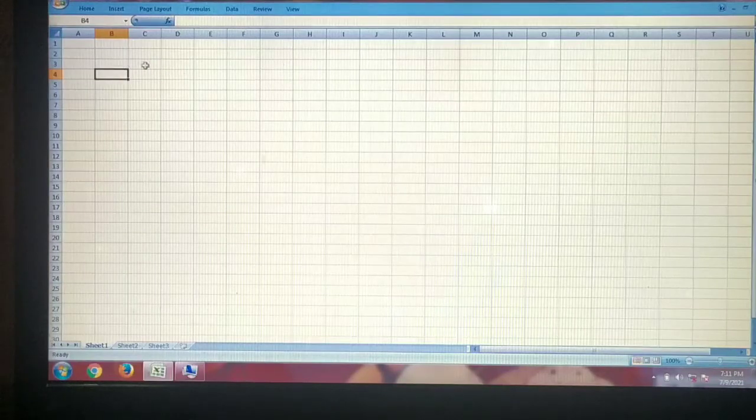Whenever we are clicking on a cell, the cell address will be highlighted. We can see the cell address in a brown color. It is D3. The same we can see in the name box also. So cell addresses range from A1 to XFD 10,48,576, which means MS Excel 2010 consists of 10,48,576 rows and XFD columns.